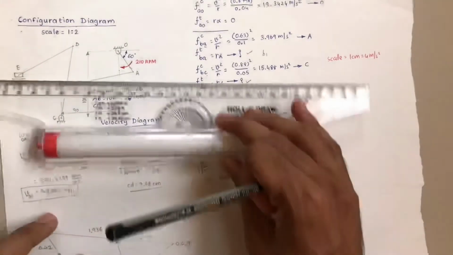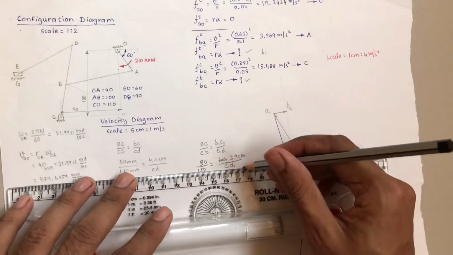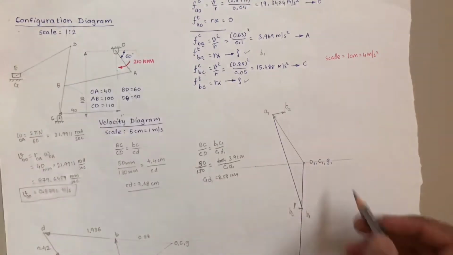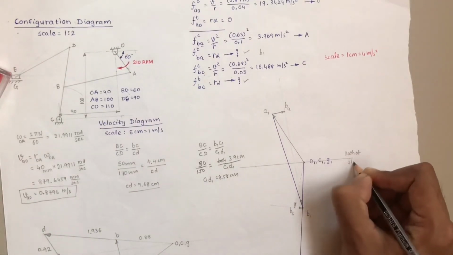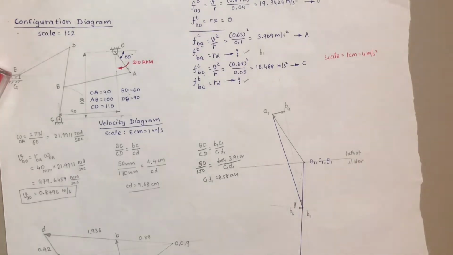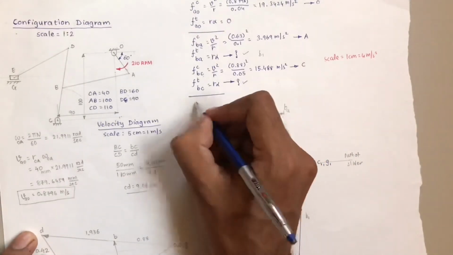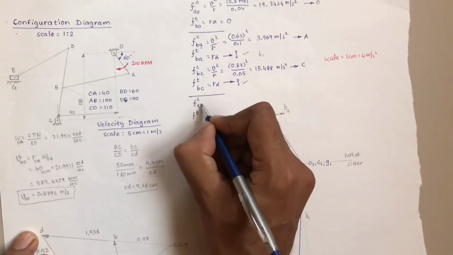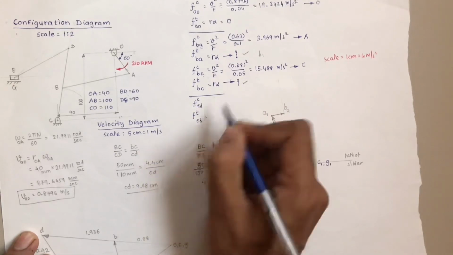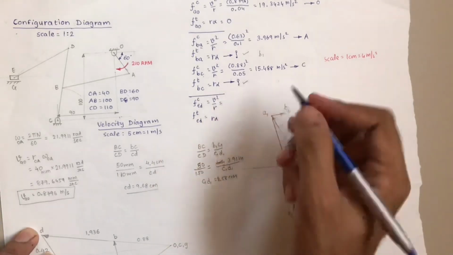E is the slider and the path of the slider is G, that is horizontal. So I will draw a horizontal line from G1, that is the path of the slider. So here is the horizontal line, the path of the slider. Now again DE is a binary link. So for the binary link let us find the centripetal component and tangential component. To find E starting from D, so ED, V square by R and R alpha. V represents the velocity of ED.